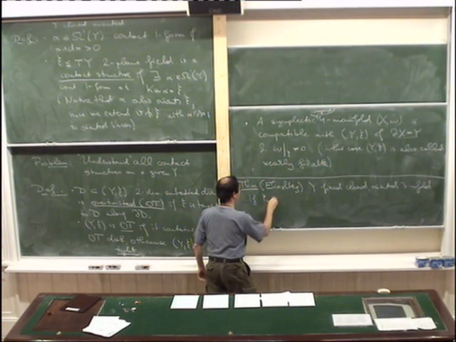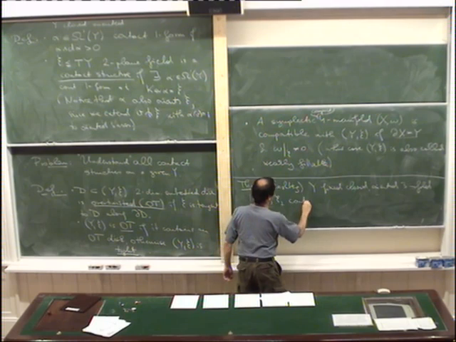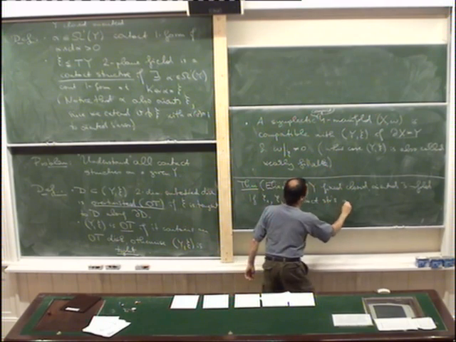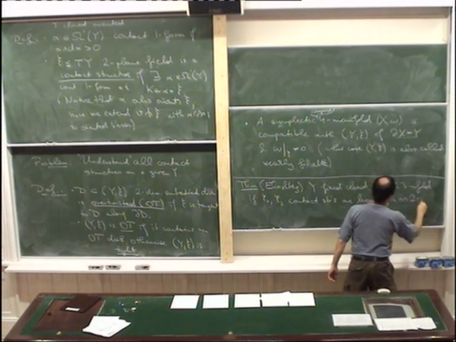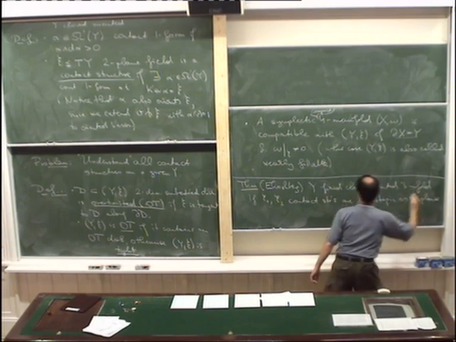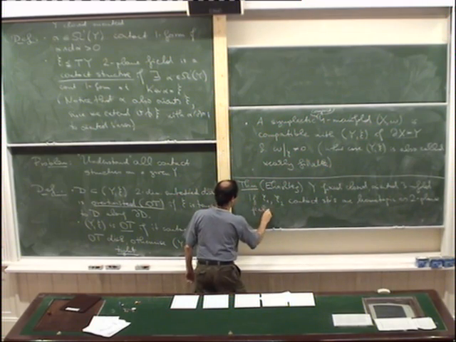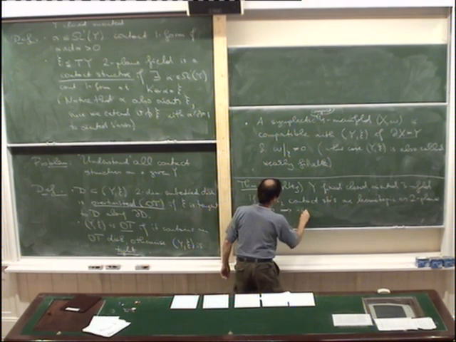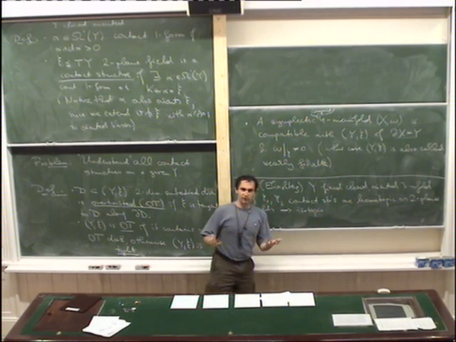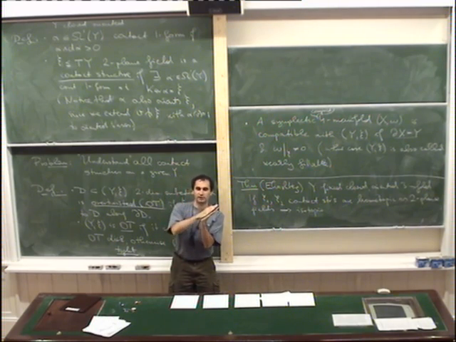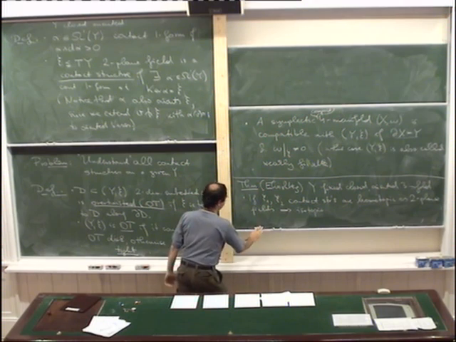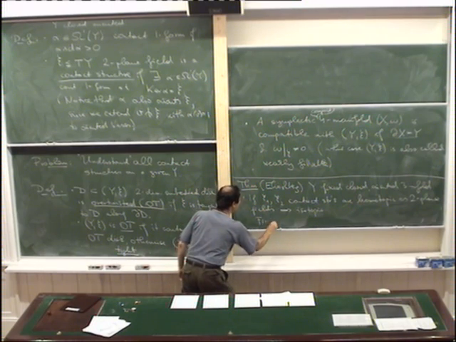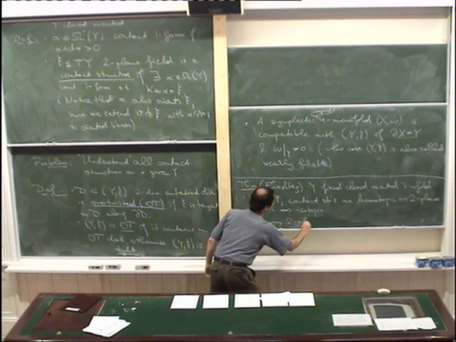If Xi1, Xi2 over-twisted contact structures are homotopic as two-plane fields, then they are isotopic. So the essence of the theorem is that if you can move one contact structure into another and both are over-twisted, then actually you can do it through contact structures. And the second part is that for any two-plane field,